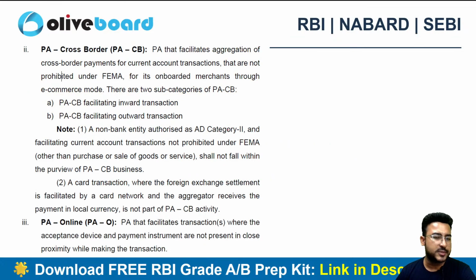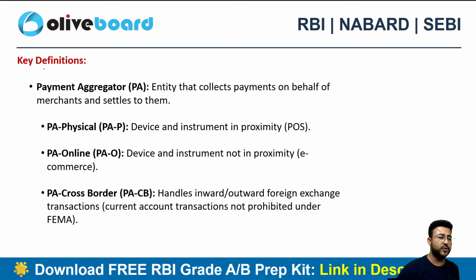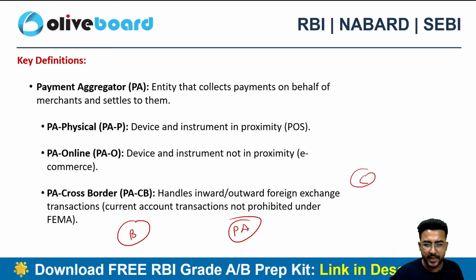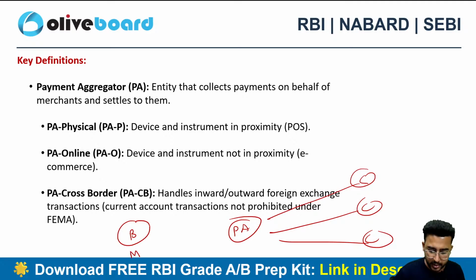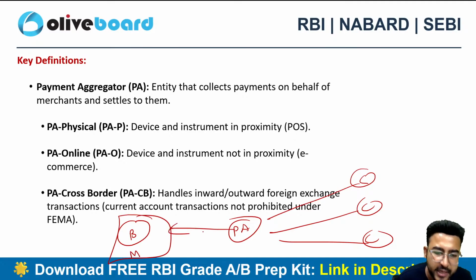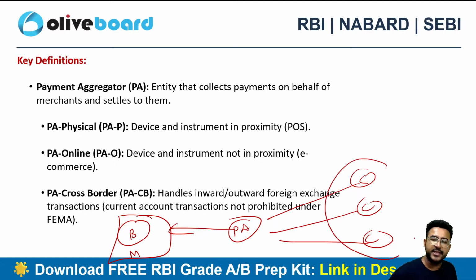There are a few terminologies that you need to know, like what do you mean by payment aggregator? It's nothing but an entity that collects payments on behalf of a merchant, right? Let's suppose there is a particular merchant and a payment aggregator who is collecting different payments. There are so many customers who want to transact with this particular merchant. They need a payment aggregator in between, right? Why? Because who will be reconciling so many customers? That's why we have different payment aggregators.